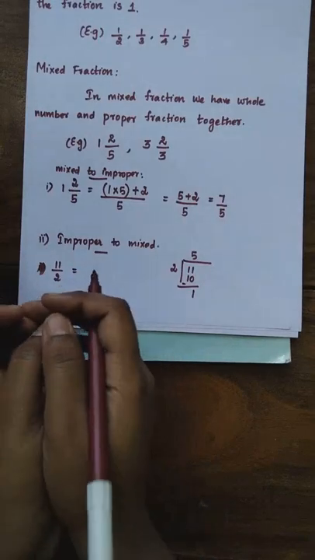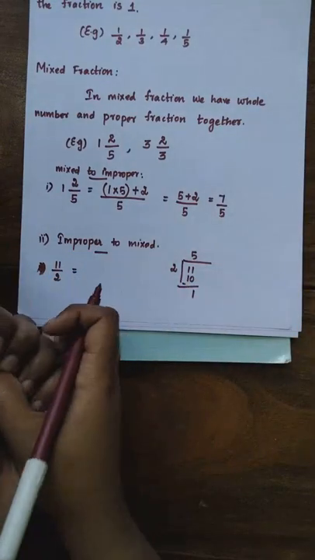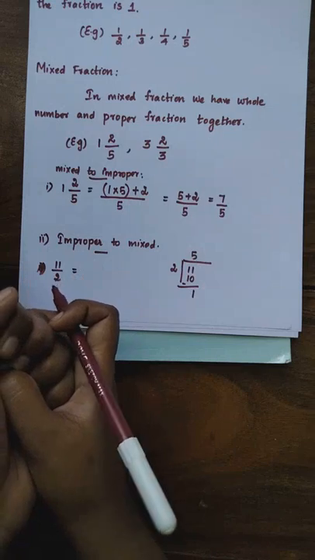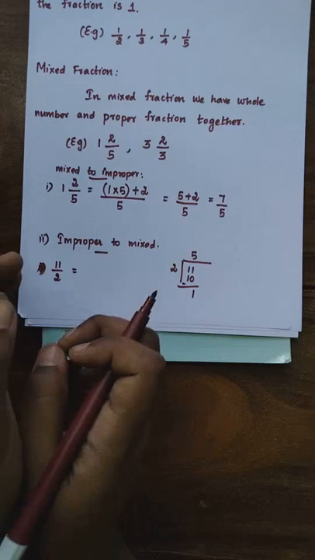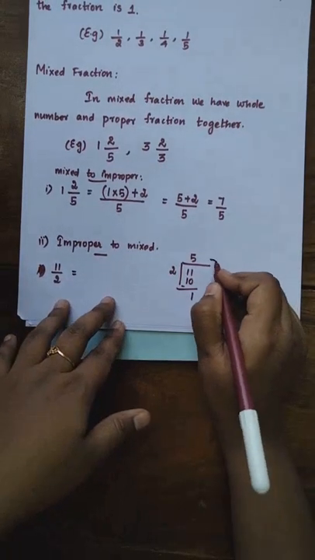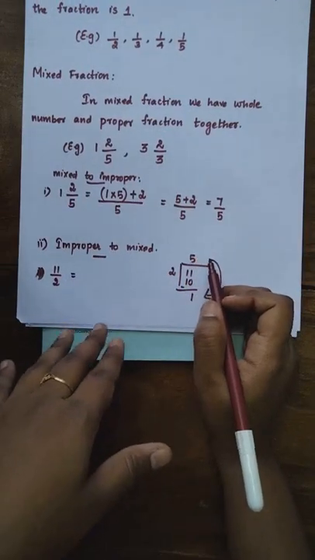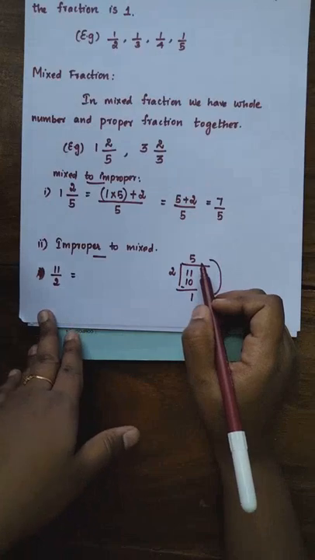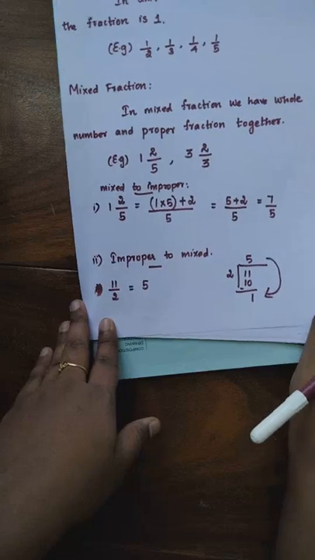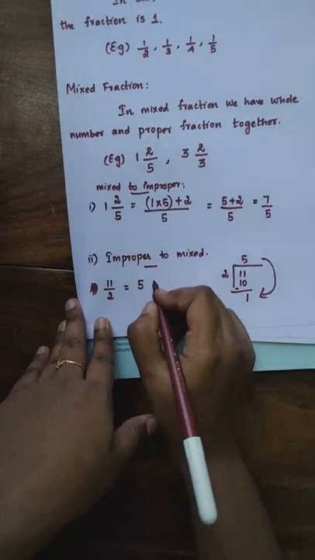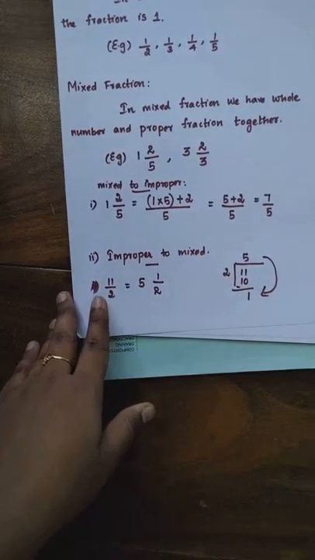Okay, so we are going to write this improper fraction as a mixed fraction. How will you write it down? What is a mixed fraction? It's a combination of a whole number and a proper fraction together, right? So we are going to take it in the clockwise direction. First take the quotient. The quotient number is 5, so write 5 here. Then write this remainder here, divided by this divisor. Okay, 5 1 by 2.